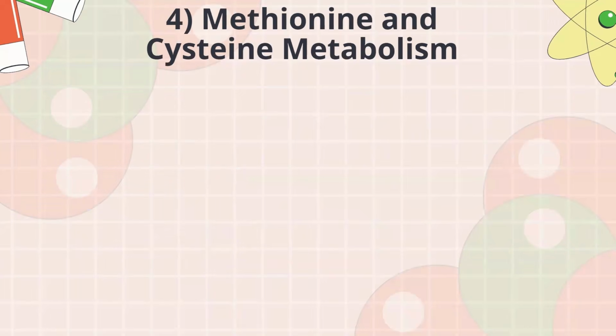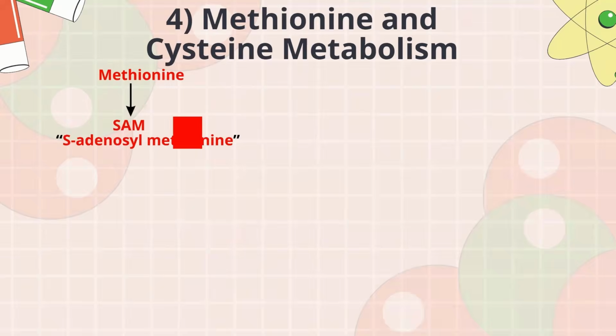Let's talk about the fourth thing on the checklist, methionine and cysteine metabolism. What's important about this, and I did a whole step to break it down, so hopefully it's easy. For starters, methionine and cysteine, this is by the way the most important one. This is so high yield, and it's high yield in other lectures. We're going to talk about it. Methionine, we're going to take it, okay? Methionine is the one that undergoes